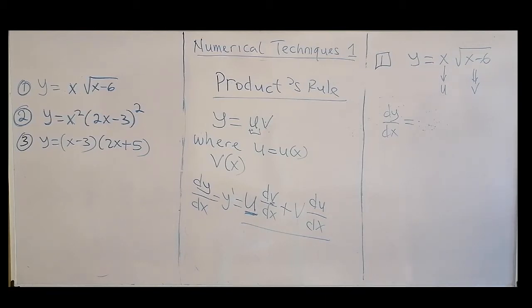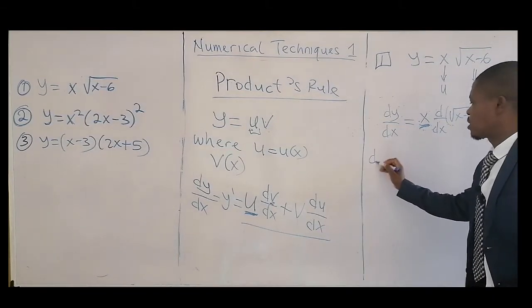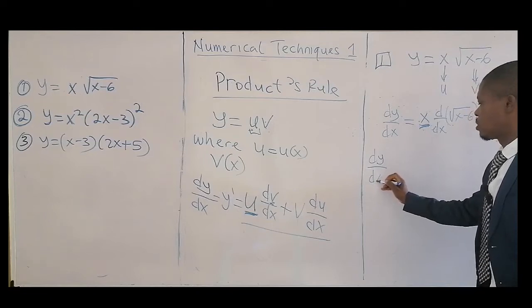The dy/dx will be equal to, keep one constant, differentiate this one, which is what? d/dx of this function. Then plus the one you have differentiated here, you keep it constant. x minus 6, keep it constant. Okay, and you differentiate what? The first one. When you differentiate x, that's 1. Okay? Your dy/dx will now be equal to